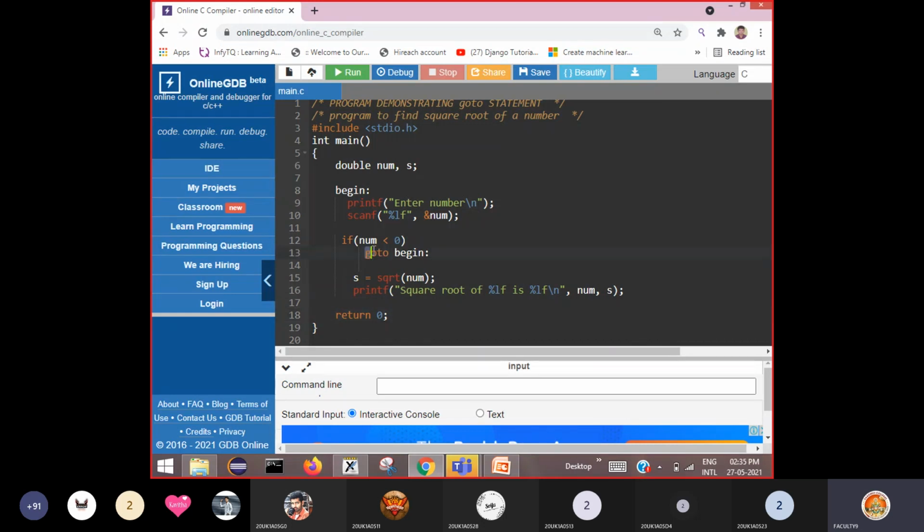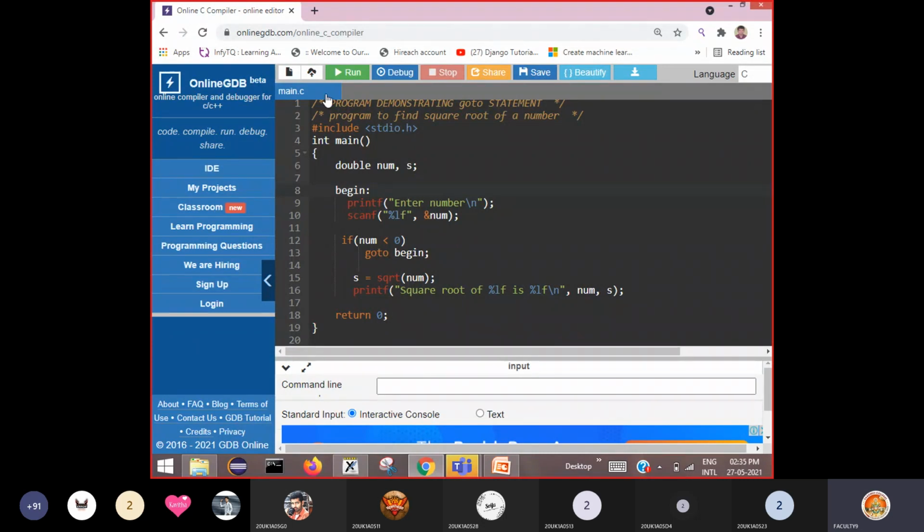Okay, so this is how we can use goto here. Please remember, here, goto begin. When you say goto begin, this should end with a semicolon. This is the instruction you are giving to the computer. So it should end with a semicolon here. But the place where you define this label must be followed by a colon. This is the definition of the label, so at that place you should use a colon.